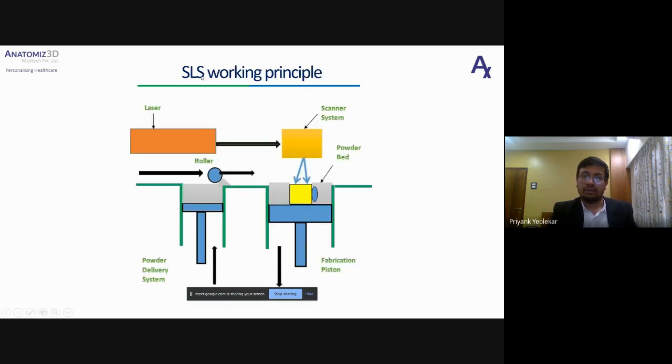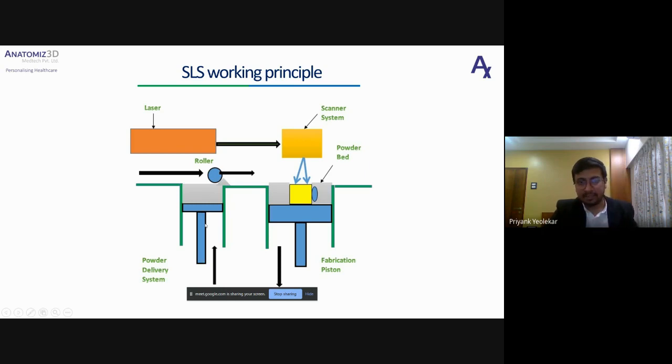So this is the basic working principle when it comes to SLS. As you can see, there is a powder delivery system, then there is a fabrication section, and there is a laser. These are the three main parts of the SLS printer. What normally happens is, this is a powder delivery system.